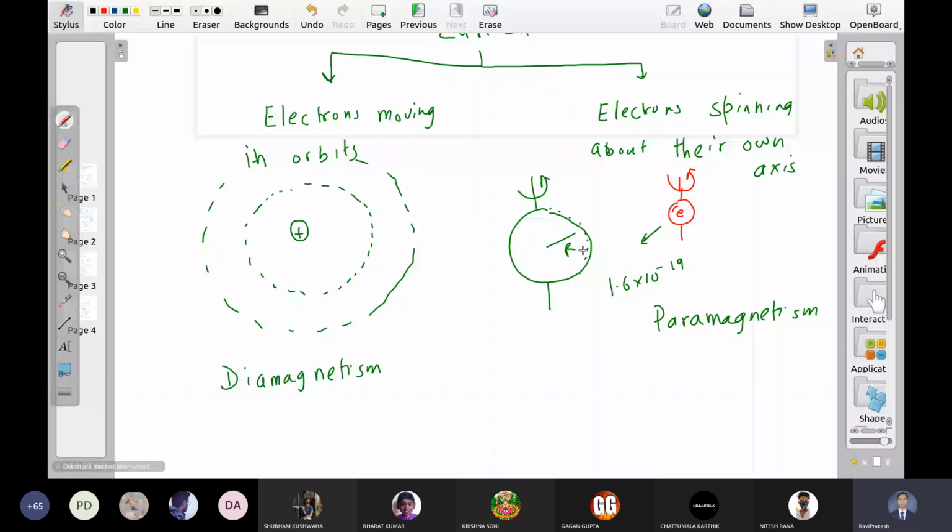And since this sphere is spinning, you can assume that the small charges are going along some circular path. आप मान सकते हैं कि ये सारे charges एक circular path पर move कर रहे हैं. There is no concept of point charge. Point charge is just a hypothetical concept. It can never happen in real life. Point charge का concept real life में हो ही नहीं सकता.